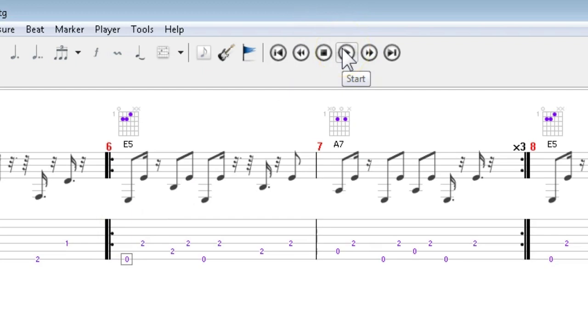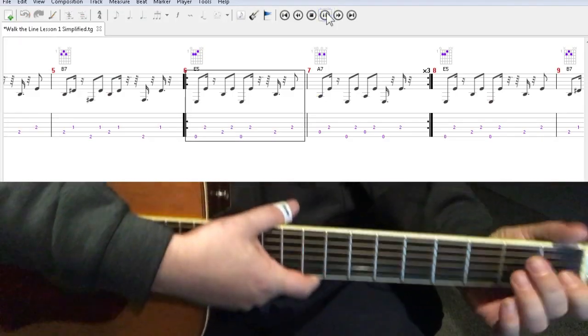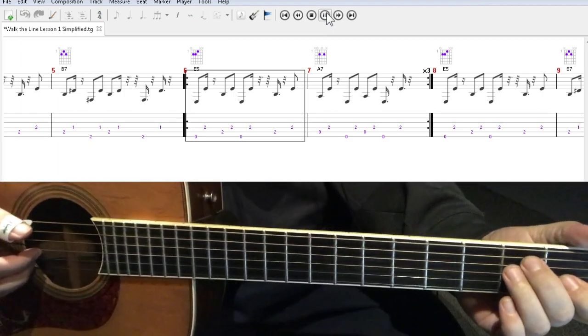All right, we're going to loop measures 6 through 7, playing the chord changes E to A. Here we go. 1, 2, 3, and 4, and...